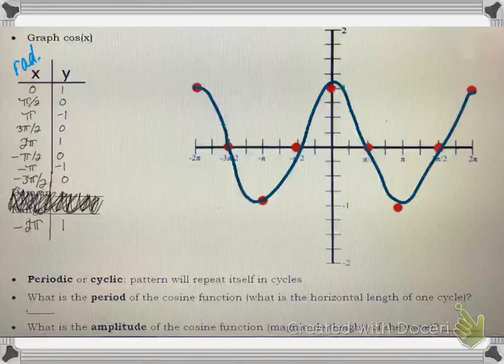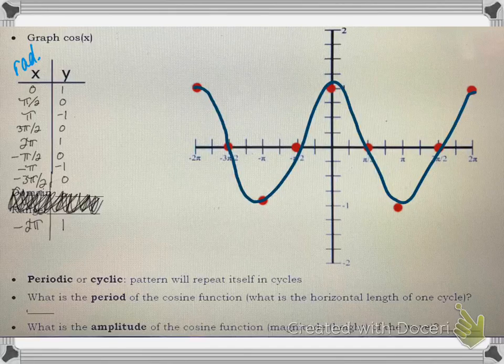Now that I have my curve, I want to find the period and amplitude again. So the period, that is the horizontal length of one cycle. So I want to figure out what part of this pattern is repeating. And if you're having trouble seeing these graphs or picturing the rest of the graph, what you can do is